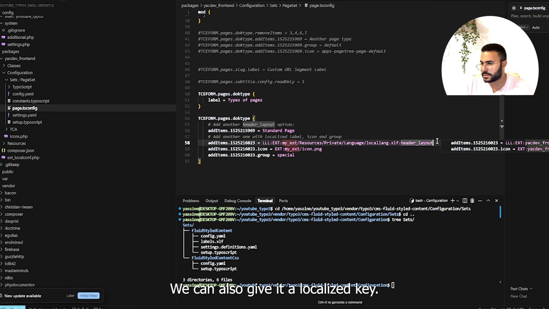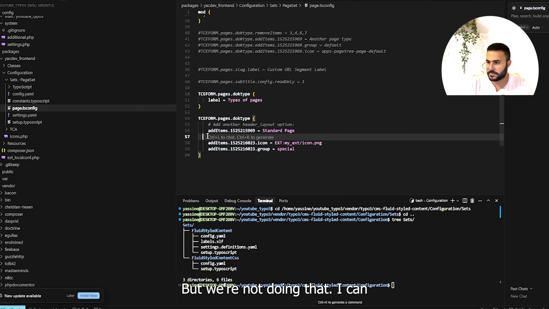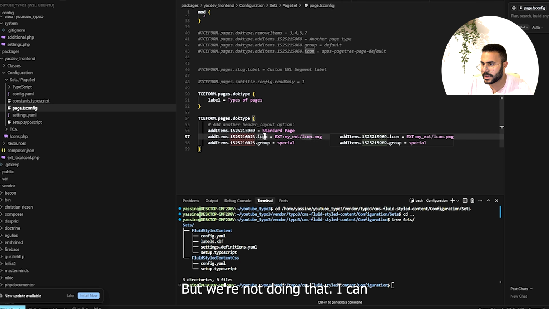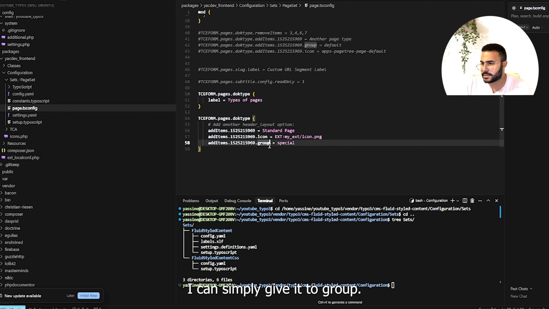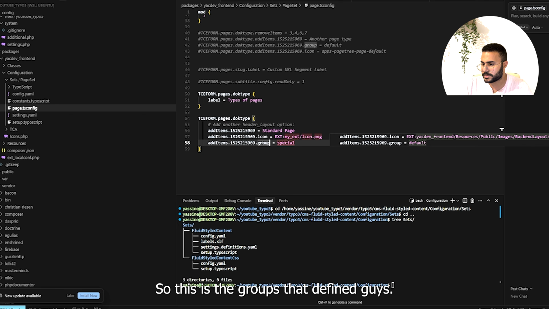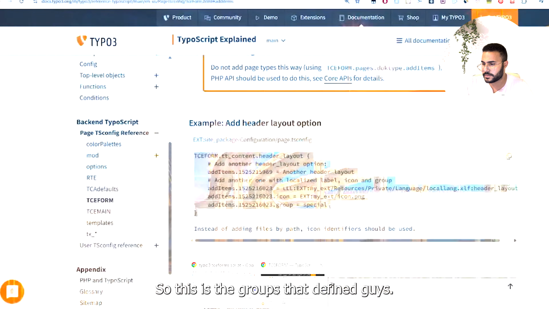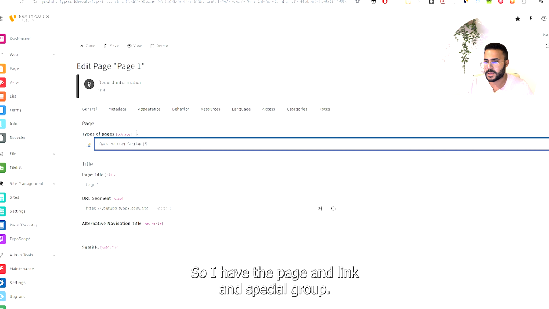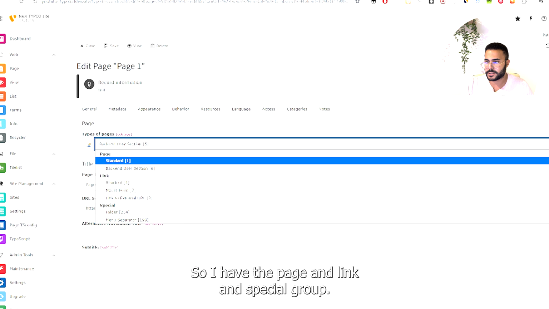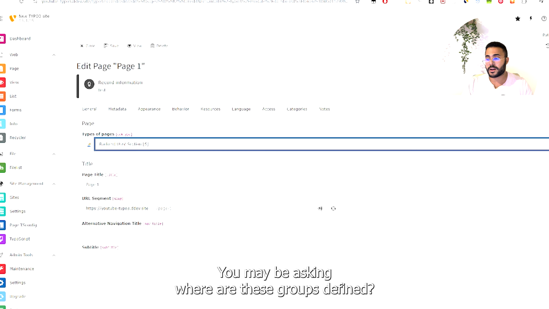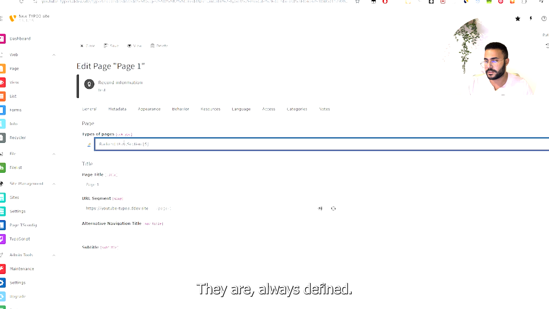We can also give it a localized key, but we're not doing that. I can simply give the group. So this is the groups that are defined, guys. So I have the page and link and special group. You may be asking, where are these groups defined? They are always defined